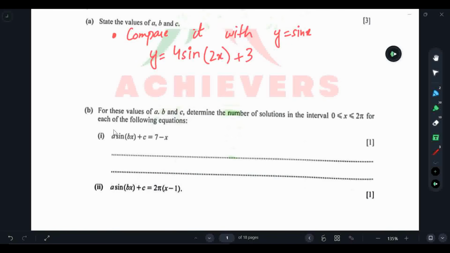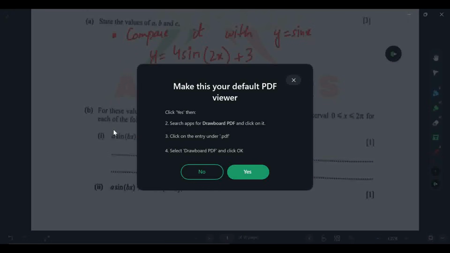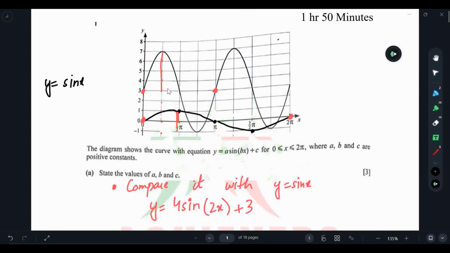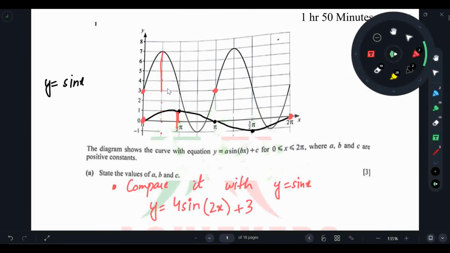For these values of a, b and c, determine the number of solutions in the interval given, for each of the following equations. Now first of all, we have to simply draw y equals 7 minus x. Now if we draw this line y equals 7 minus x, when x is 0,